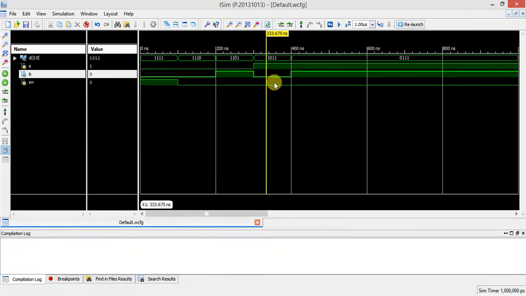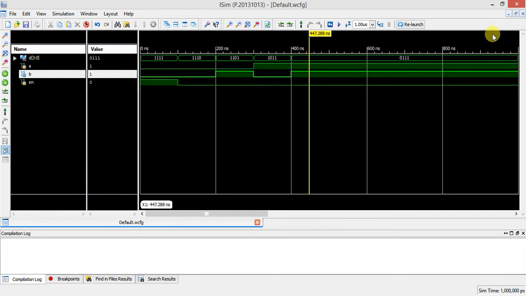Coming to the next combination, which is a 0, a1, b0, enable 0, you are getting d2 as 0. And the last combination 1 1, for 1 1 d3 is high. So this is how to verify the simulation output by adding a test bench to your Verilog file.